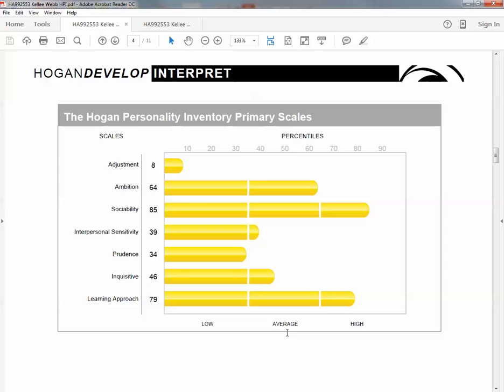Prudence has to do with how people follow rules, how organized they are, or how creative they are. So someone who is lower in prudence, such as I am, tends to be a little bit more impulsive and flexible. I can go along with rules, but I also prefer to be more spontaneous. People who are high in prudence tend to be very organized, very dependable, very thorough. People on the lower end may be more creative, and then people in the middle tend to work well with